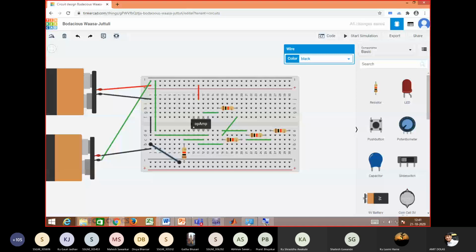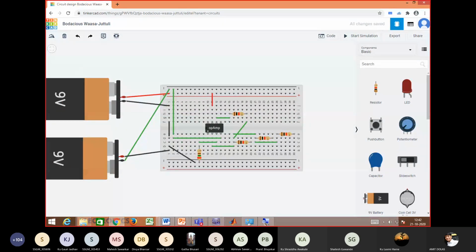Each resistance has a value of 1K. So with all 1K, it will again work: V out is equal to minus (V1 plus V2 plus V3). And the parallel combination of 4 1K resistors: 1K parallel to 1K will be 500 ohm, another 1K parallel to 1K is 500, and 500 parallel to 500 will be only 250 ohm. So RCOM will be 250 ohm. So I have changed the value of this. The only thing required now is to check the output and apply the input.